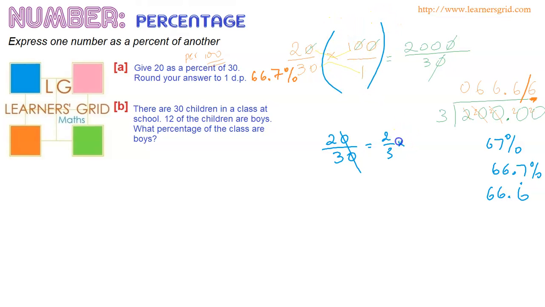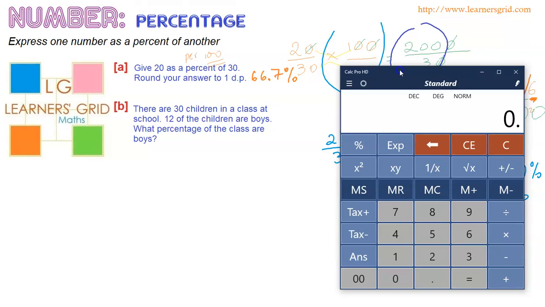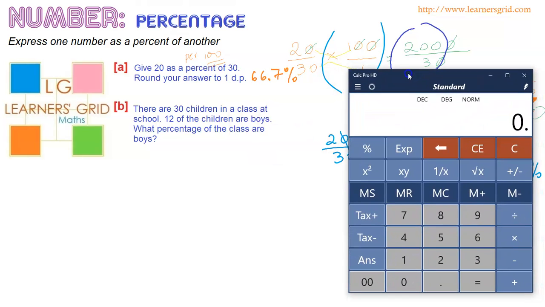So then I'd go multiplied by 100 over 1, and then I would end up with 2 times 100 is 200, and 3 times 1 is 3. And so ultimately, I end up at the same stage that I ended up here, 200 divided by 3, in which case I just do what I did up there. So that's using no calculator, but I can obviously use a calculator, and yes, it does make the whole process quite a bit easier, as long as I get my